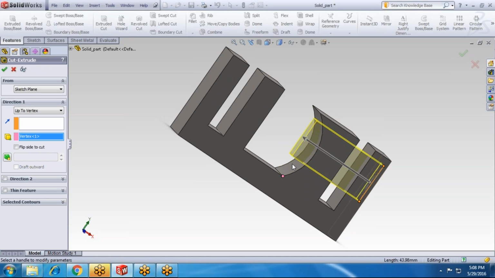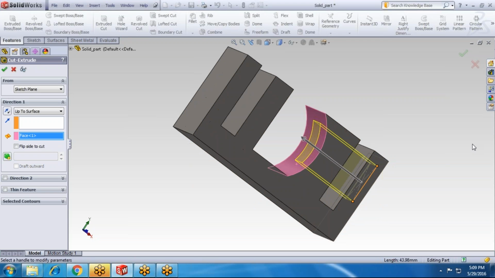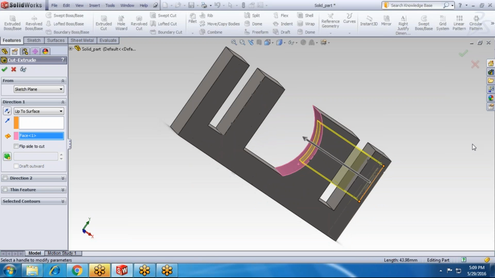But in actual, the profile will be coming up to the same cylindrical surface, that will not exceed that. And now here we have the option which is up to surface. So now up to surface will work like you have the surface, the cylindrical surface here, pick the surface from here, face plane. This is the surface we have selected. The profile will be cut down like in the same profile, which will be a matching profile kind of thing,